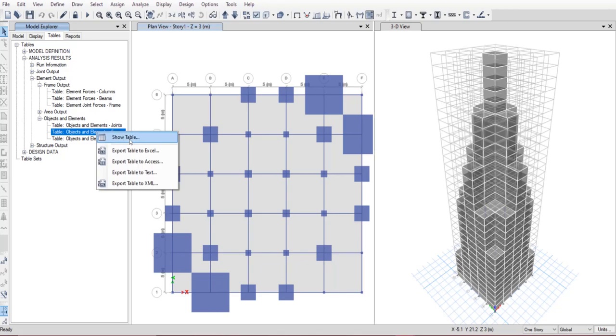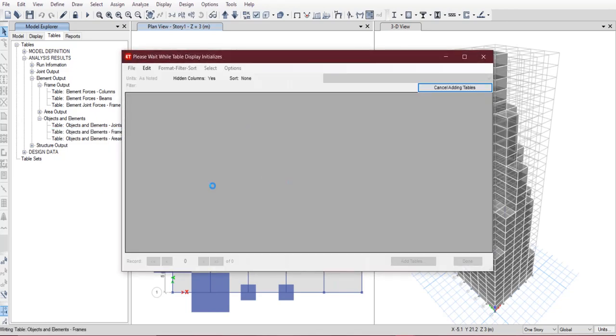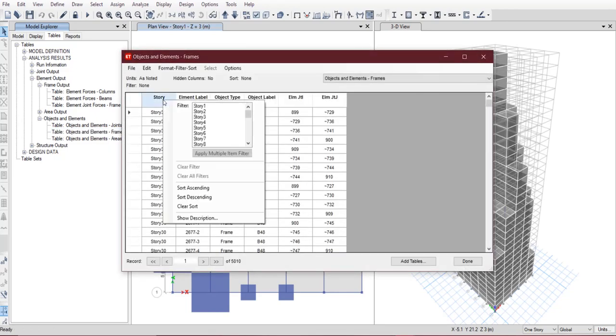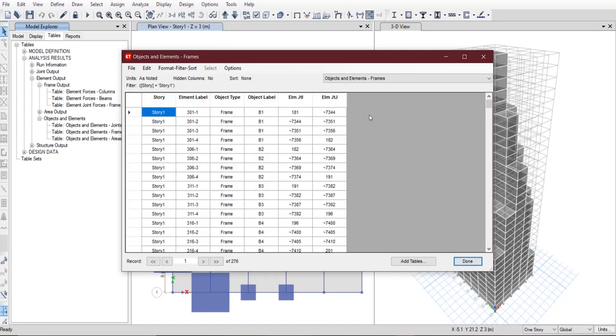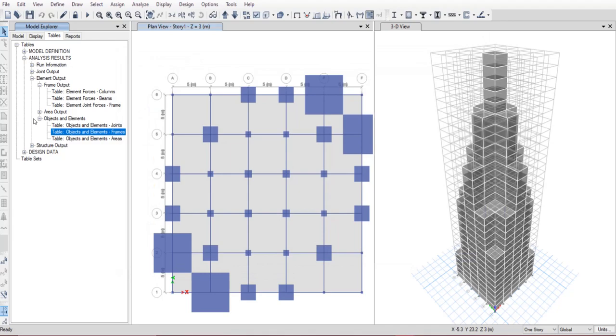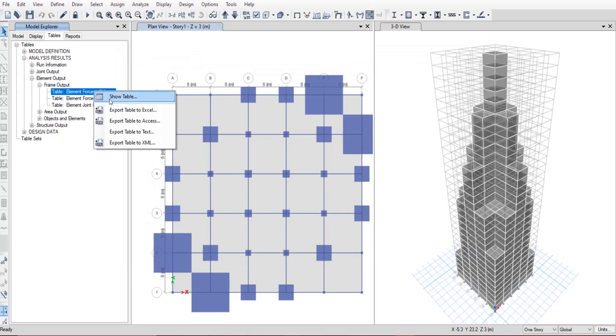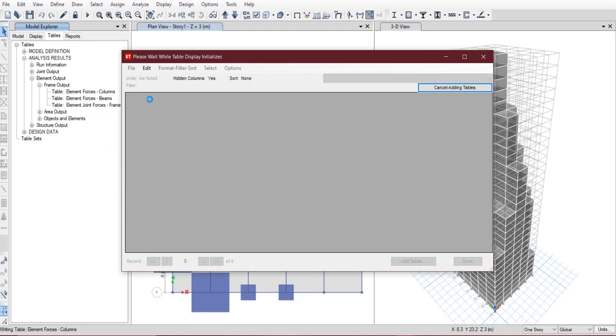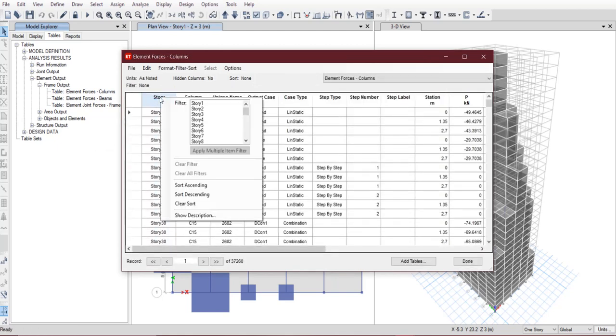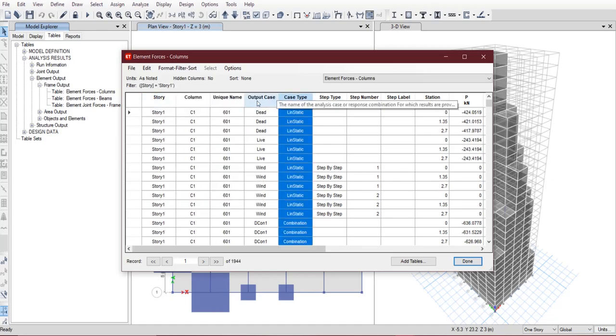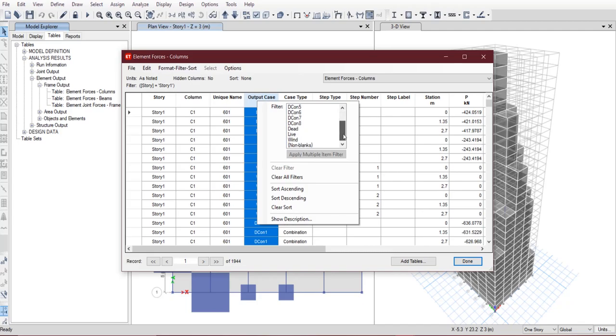So right click on frames, show tables, and right click on story and select story 1. Okay, I again went to the wrong area. Right click on element forces column, show table, and select story 1.